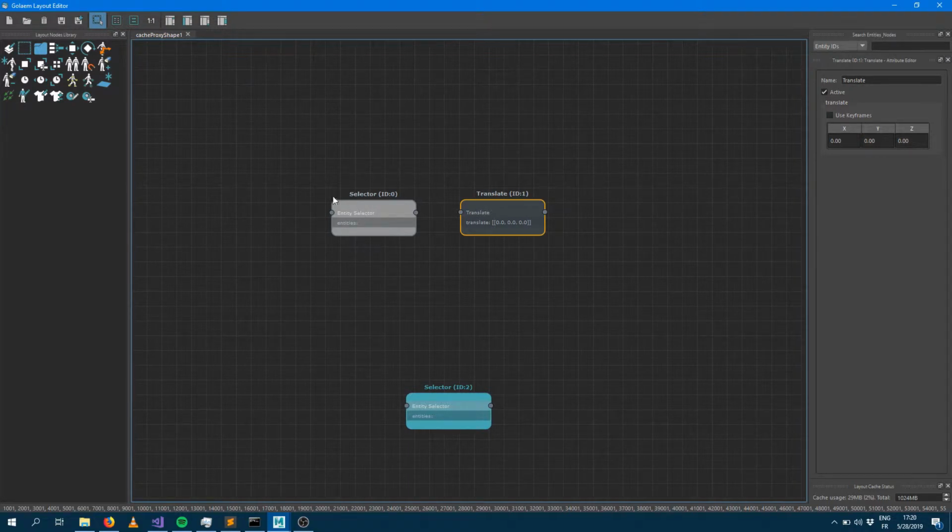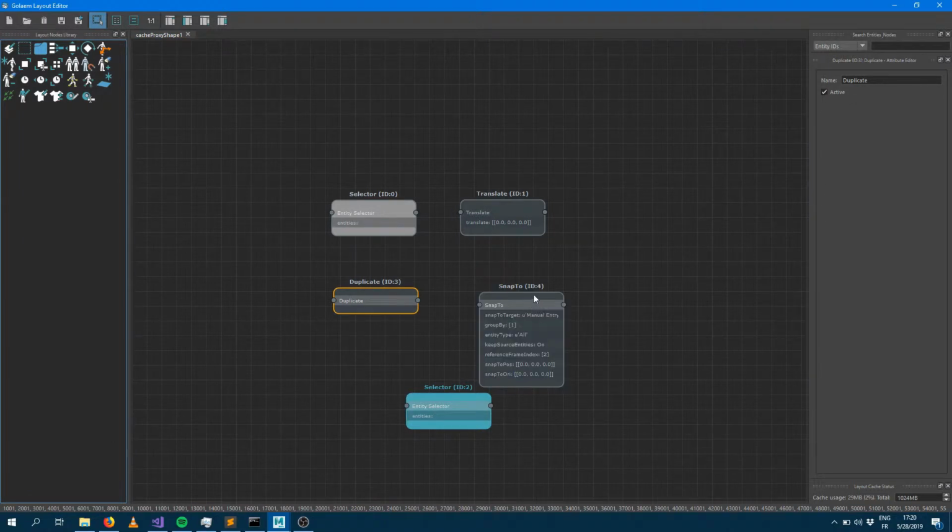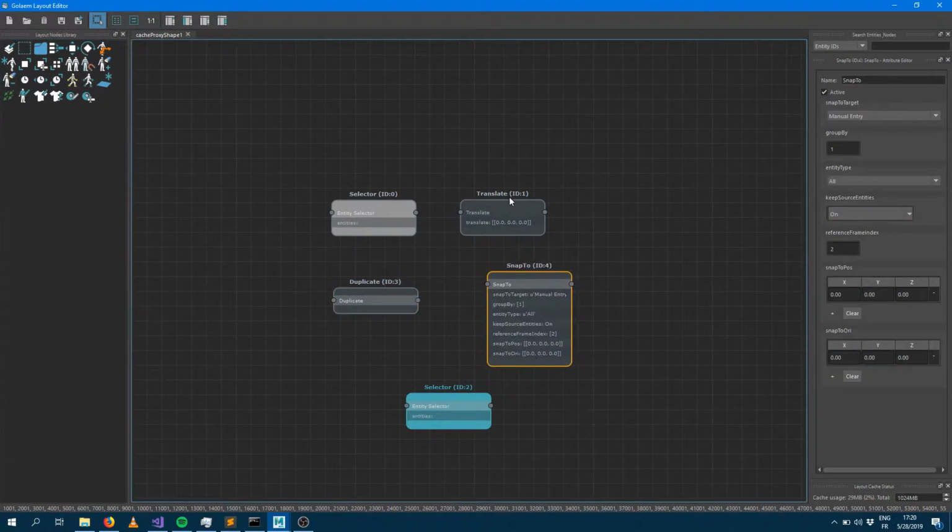So selector nodes are gray, you can see, and they allow you to select entities you'll be applying operations on. Then you get operation nodes, transformation nodes, and those transformation nodes are gray-blue, something like this, and they are applying transformation on selections. Enter the duplicate, for example, or the snap to, for example, and you can see those guys are neither gray-blue nor completely gray, but kind of both, they're blue and gray. So those nodes are actually a combination of a selector node and a translate node. So every time you use a duplicate,